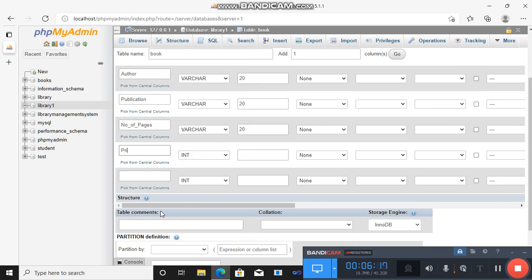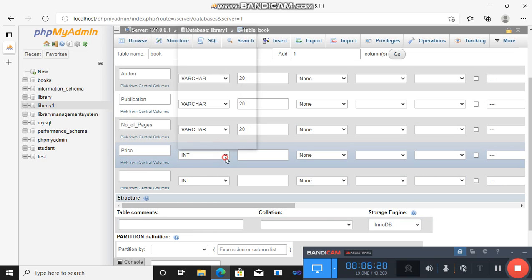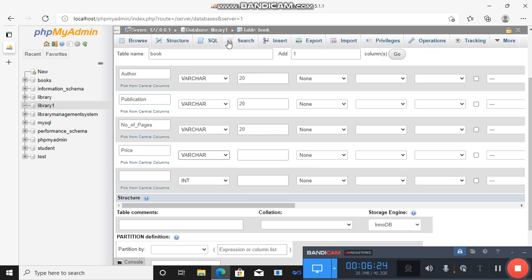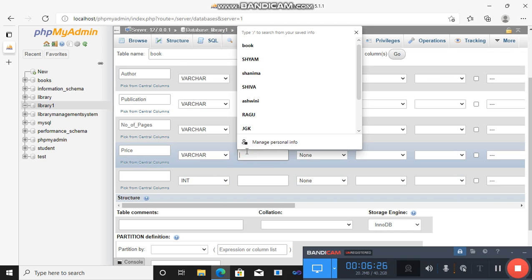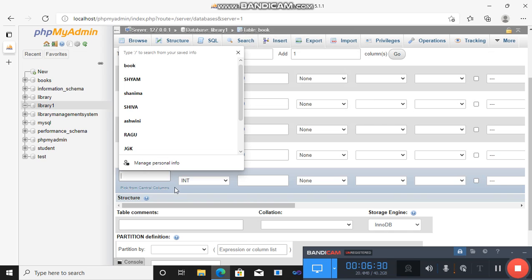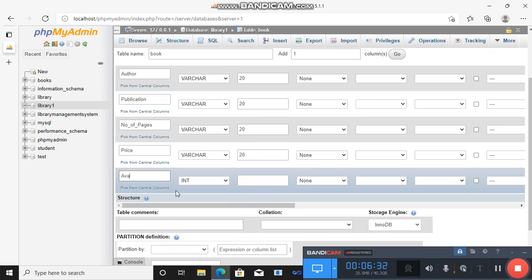Next we have price. Click on the data type, varchar only. If you want, you can give integer also. Next we have available underscore status, whether the book is issued or not, we should check.